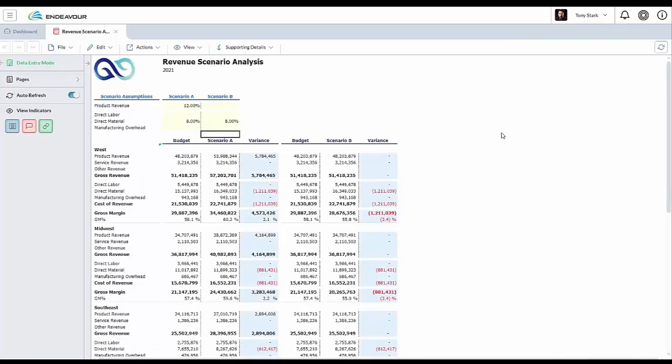And what Prophix has just done is it not only copied the information over from our budget, but it applied the scenario assumptions that we've just inputted. And on the fly, it gives us a variance of these numbers so that we can see the impact of our assumptions. But not only can we see the impact of the assumptions, when we distribute it out to our end users who really make decisions off of this information, they can interact with the information and provide justification as to why the numbers are the way they are.